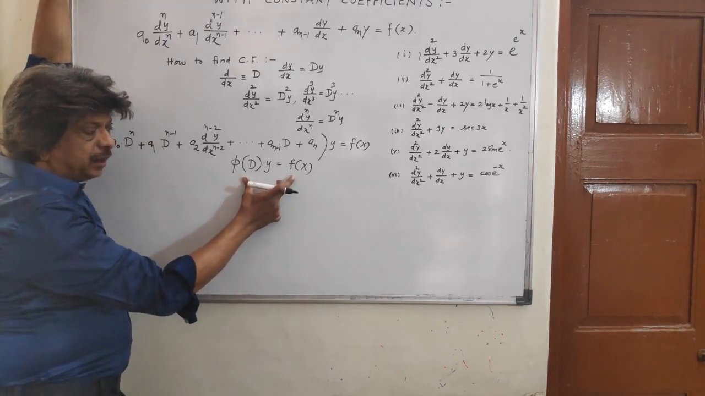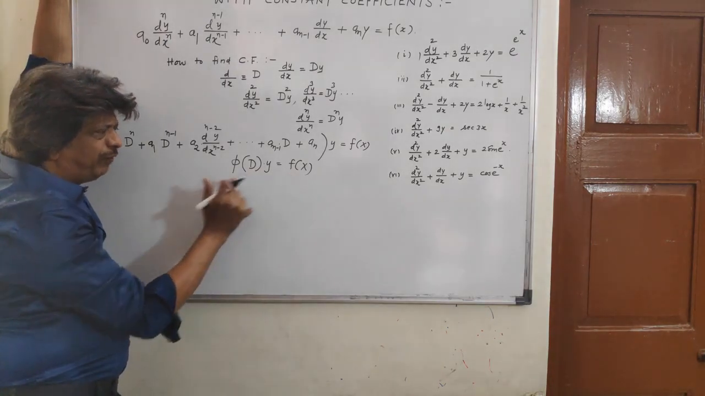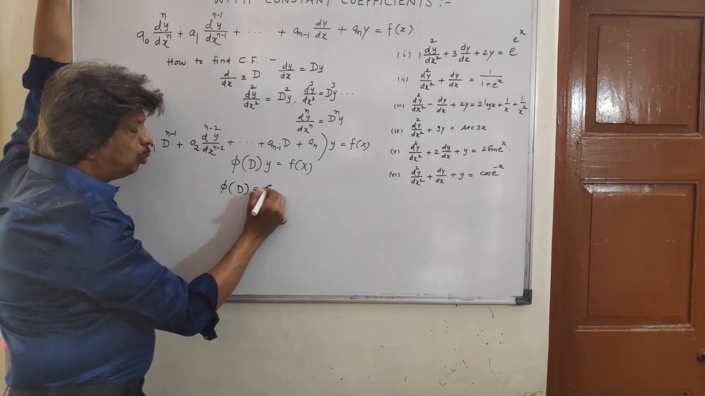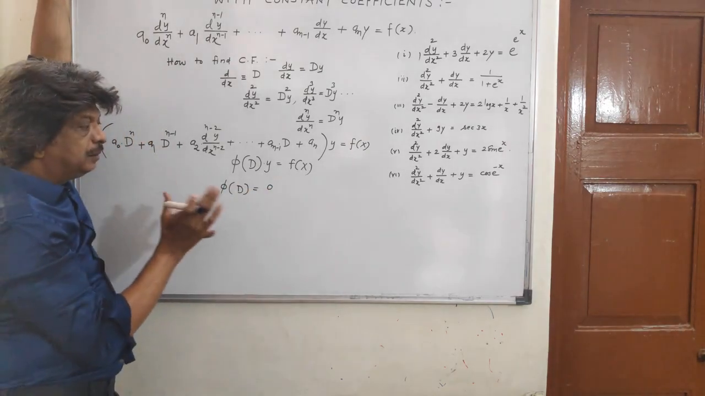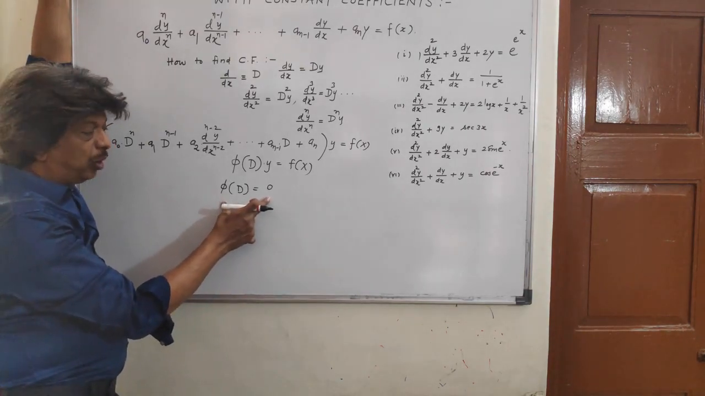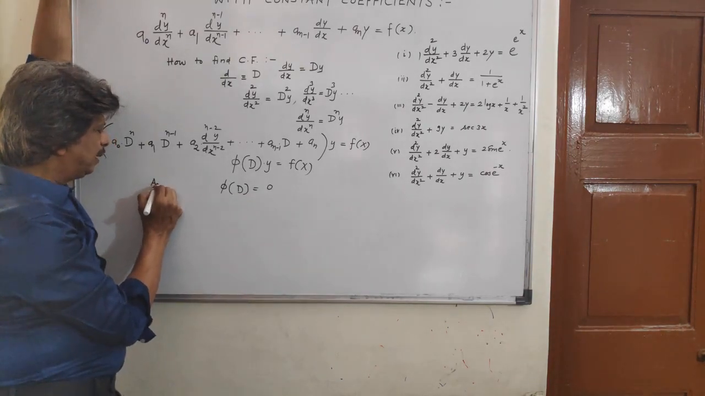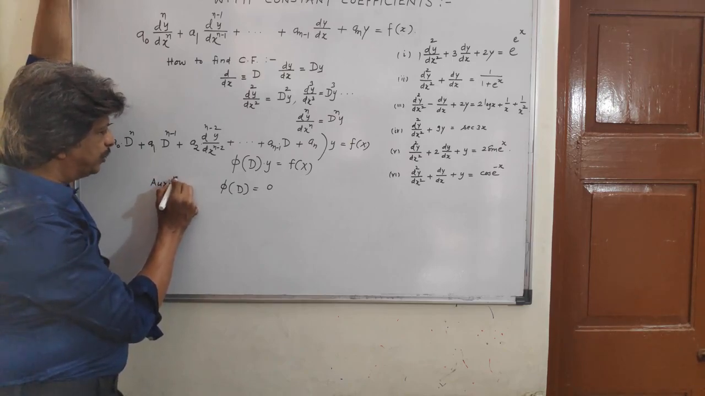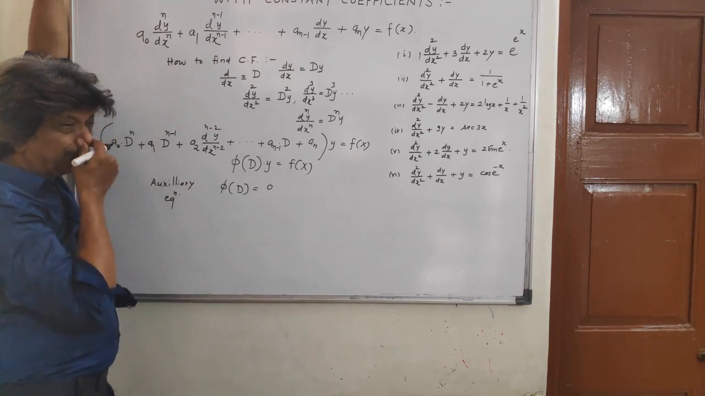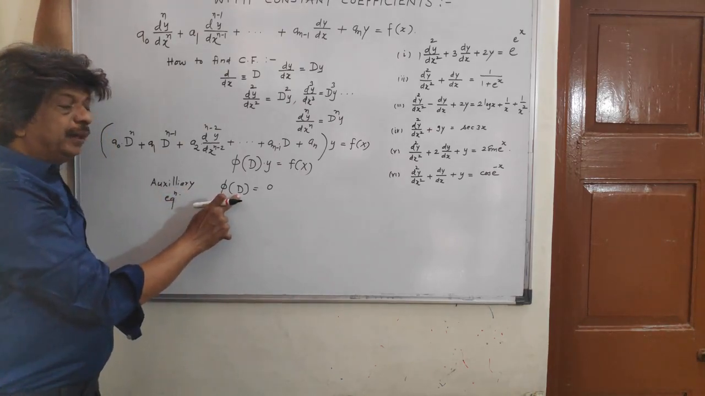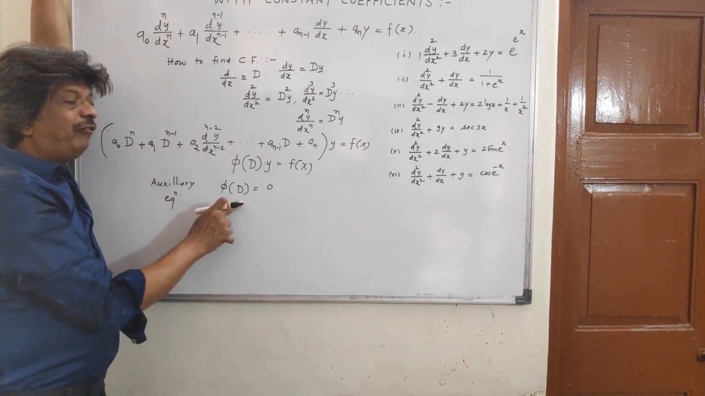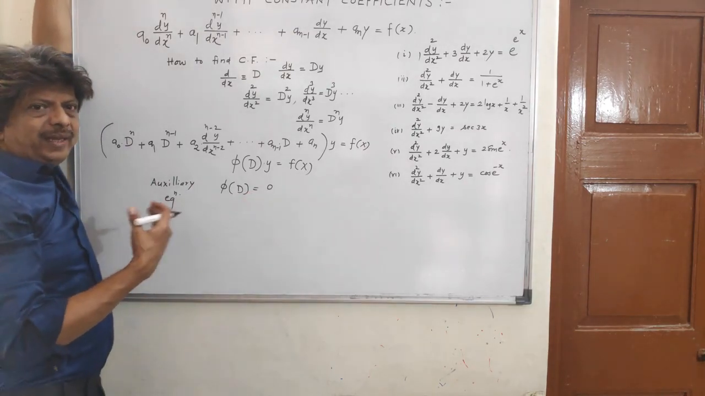Now, for this associated differential equation, if I write phi of D equal to 0, then this phi of D equal to 0 is called the auxiliary equation. Phi of D is an nth order algebraic equation. Phi of D equal to 0 means an nth order algebraic